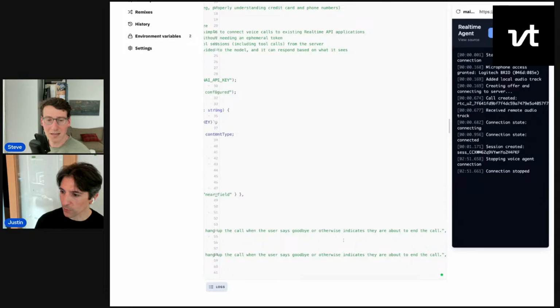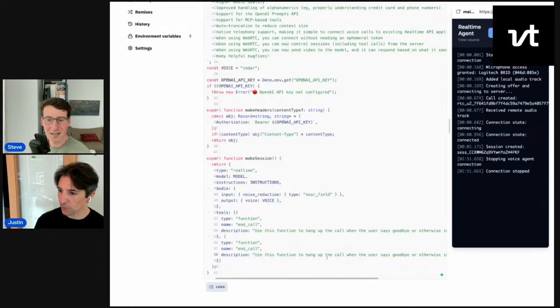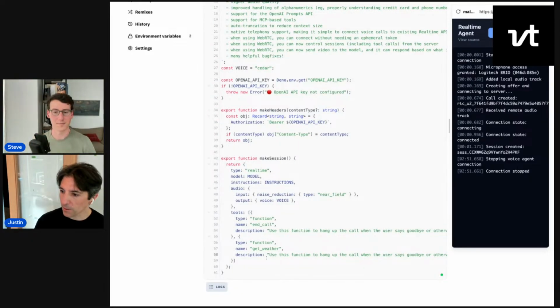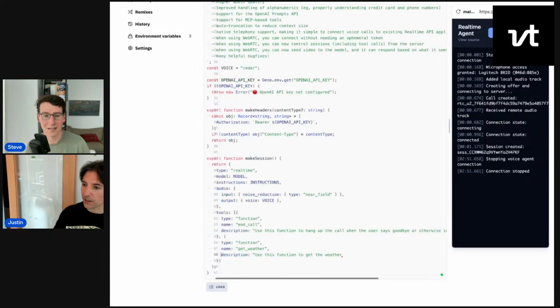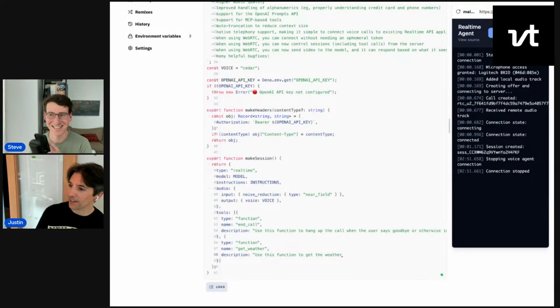The get weather one is a little more complicated because we basically have to return the things and paste the things back into the conversation. Let's see. I can get you a weather function, like a real one, I guess. Well, I'll stub it to start, and if we get as far as actually wiring it up in the next 11 minutes, then all right, well,